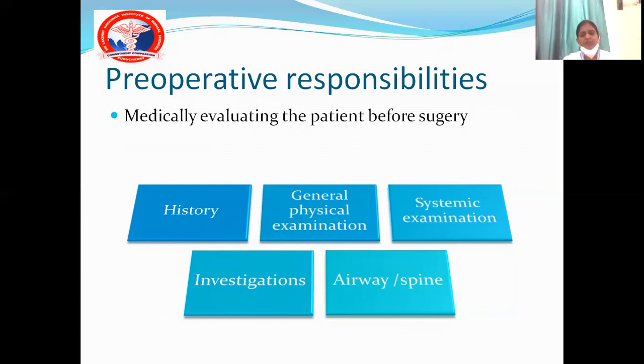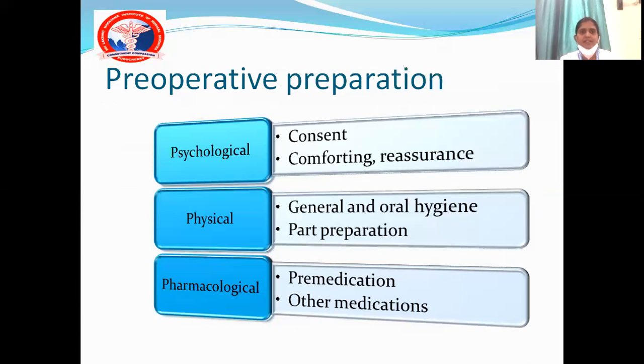After examination of the patient, the investigations of the patient are looked into. The required investigations are checked to see whether they are normal or, if abnormal, what the abnormality is and what the implications of this are on the surgical outcome of the patient. Also, we need to understand that examination of the airway and spine is important. Preoperative examination of the airway and spine is an important domain in preoperative assessment of the patient because these are the areas which are dealt with by the anesthesiologist inside the theatre for administration of anesthesia.